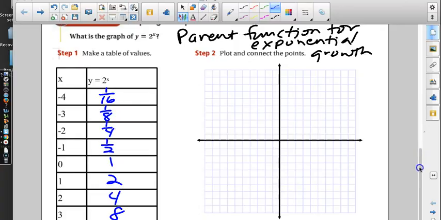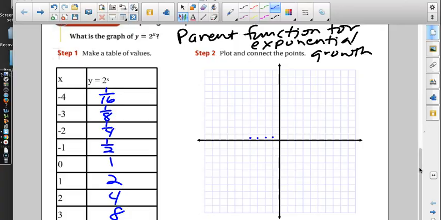So we're going to get these points on here. And if you're graphing like I am up here with this big thing, I'm not going to be able to even tell the difference between 1/16 and 1/8. There's not enough room up here for me to space that out. So I just have to make it really low and close to 0. And then at -3, 1/8, like I said, it's not going to look a whole lot different than my 1/16. Try and put it just a teensy bit higher. Then -2, 1/4,